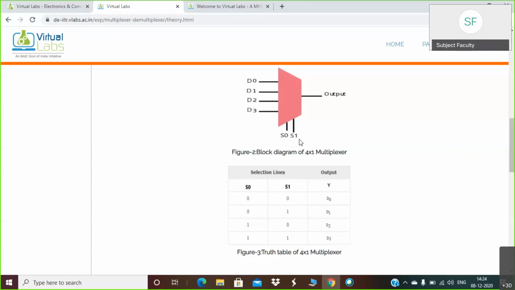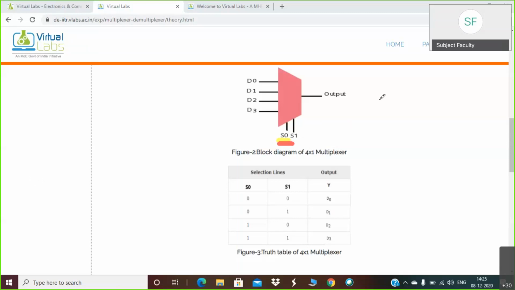The important point here, and it is also one of the differences between what we have seen in the theory class and what is there actually: if you observe carefully, here S0 is taken as the most significant bit, and then S1.